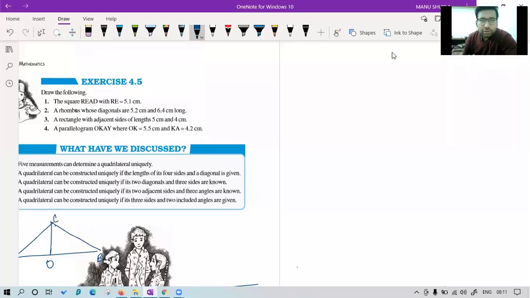So good morning everyone. In the last class, we discussed question 1 and 2 of exercise 4.5. We saw these were the special cases where we have to use the properties of these special quadrilaterals. And especially question number 2, we have seen a rhombus whose diagonals are given to you. We tried to find the sides, but the side came as root 17. So we thought it is not a good way to use the sides for the construction. Then we went for direct things.